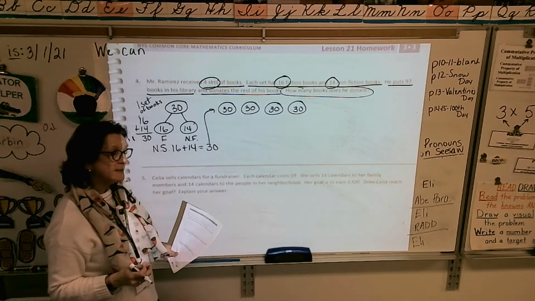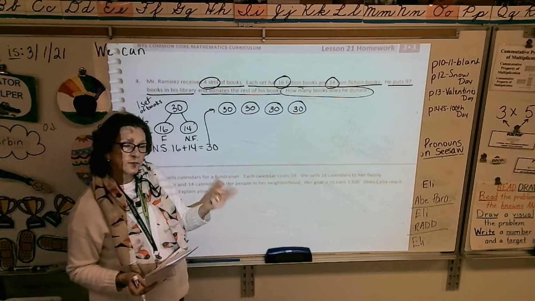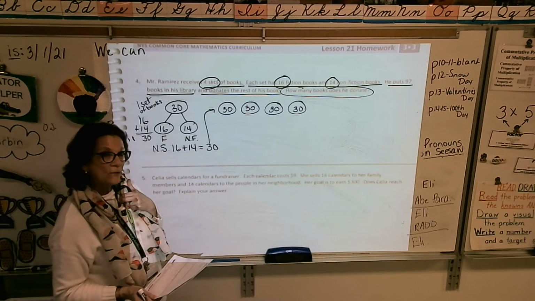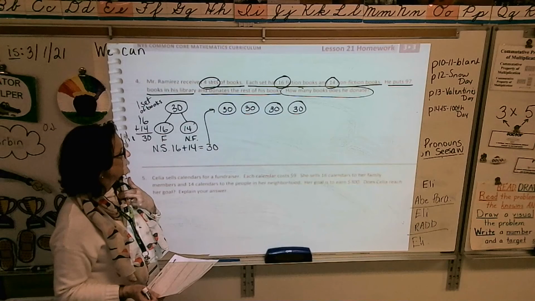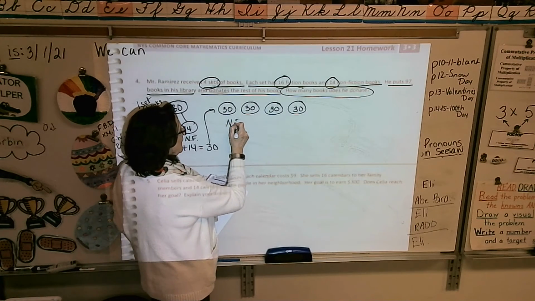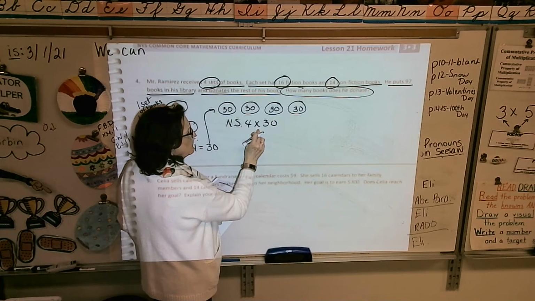Okay, so this is our second step. When I look at this, there's 4 sets of books. Each one has 30 books in it. Think about what number sentence you would write to find that total. So hopefully the number sentence you came up with was 4 times 30, because we have 4 equal groups of